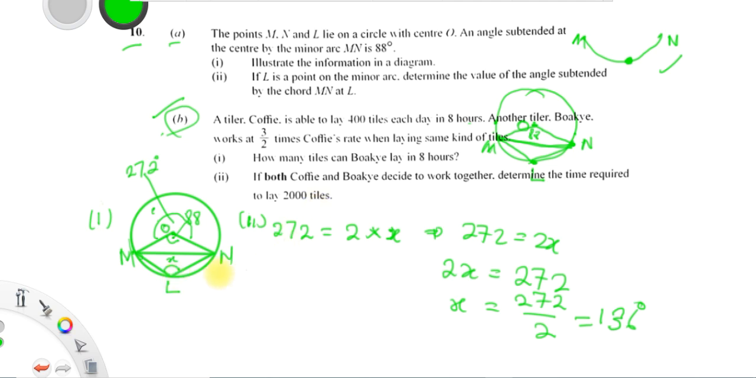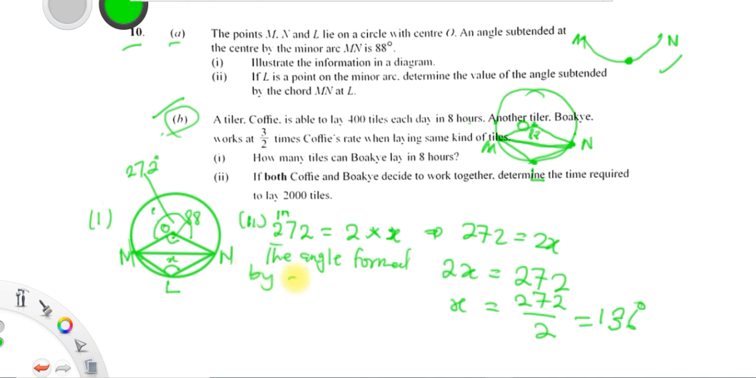So here, how do you find this angle? How did we find this angle? We were able to find it using the theorem that says that the angle formed by an arc. So we have to state it here, that the angle